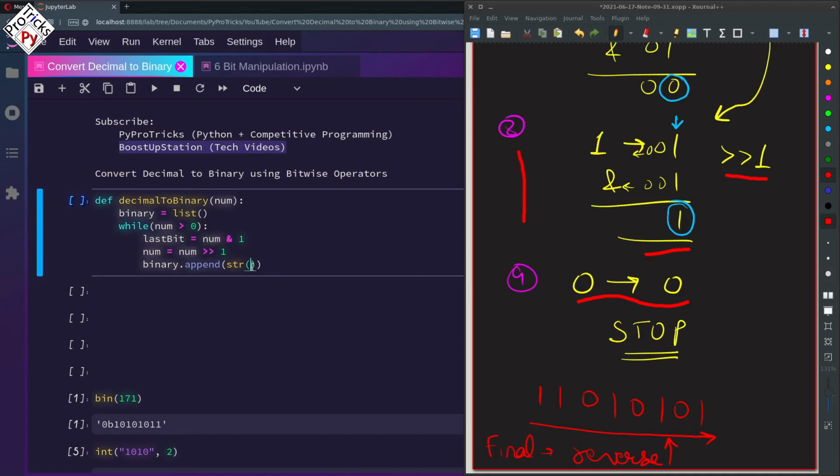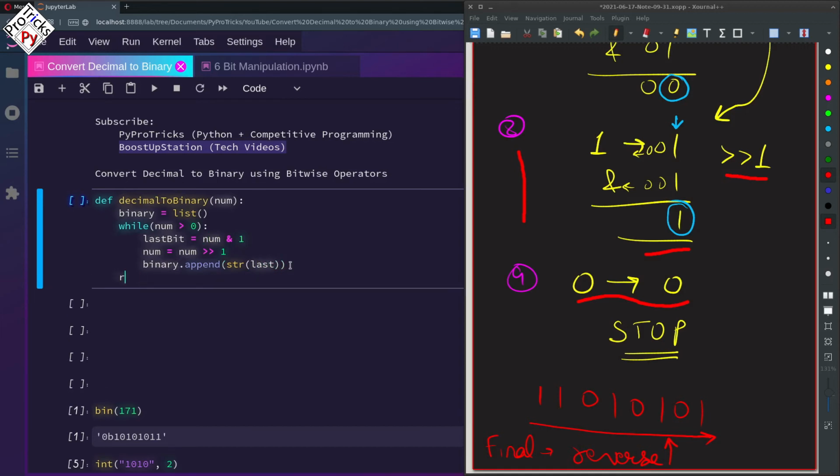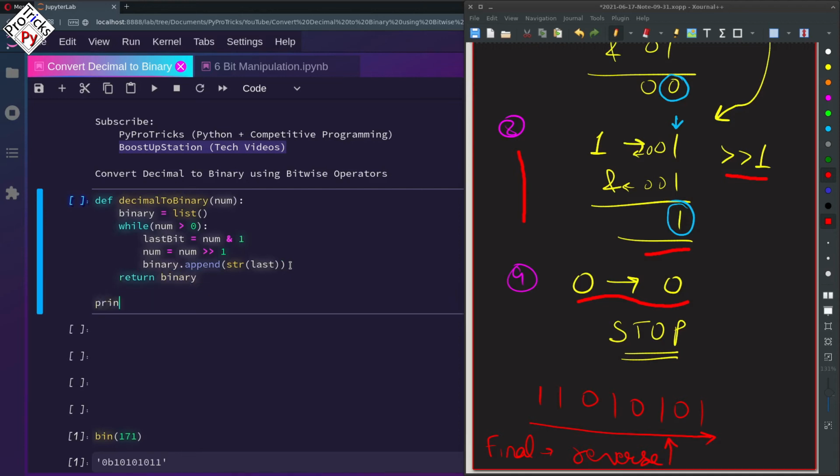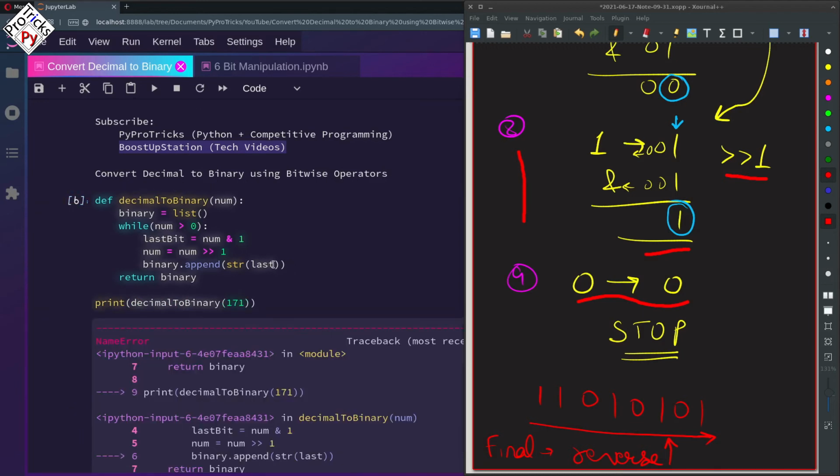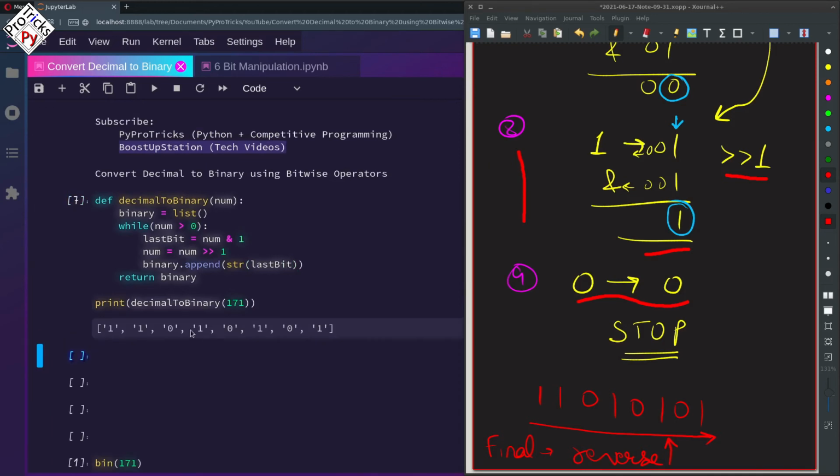So we are going to convert it into a string, and then we are going to append it into the binary list, and finally we are going to return the binary list. So let us try it. Print decimal to binary, and the number is 171. So here we missed it, it was last bit,